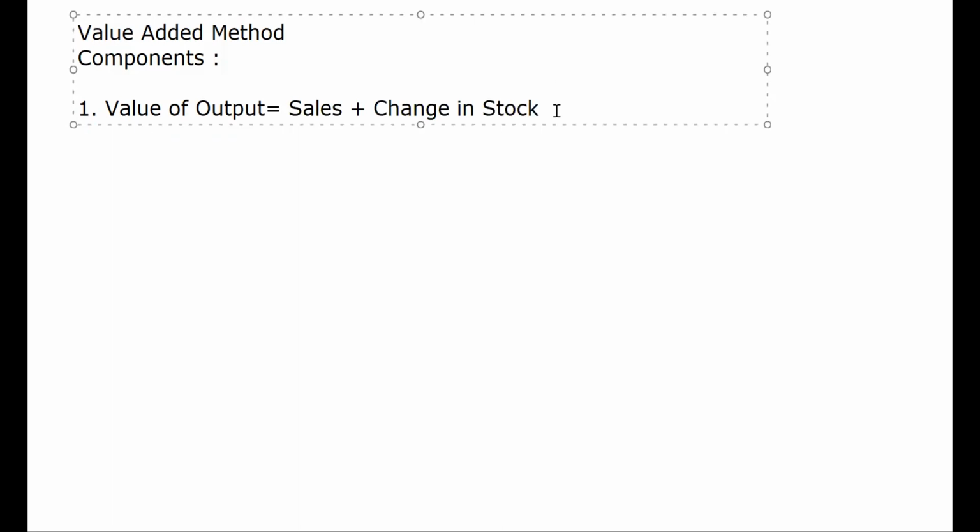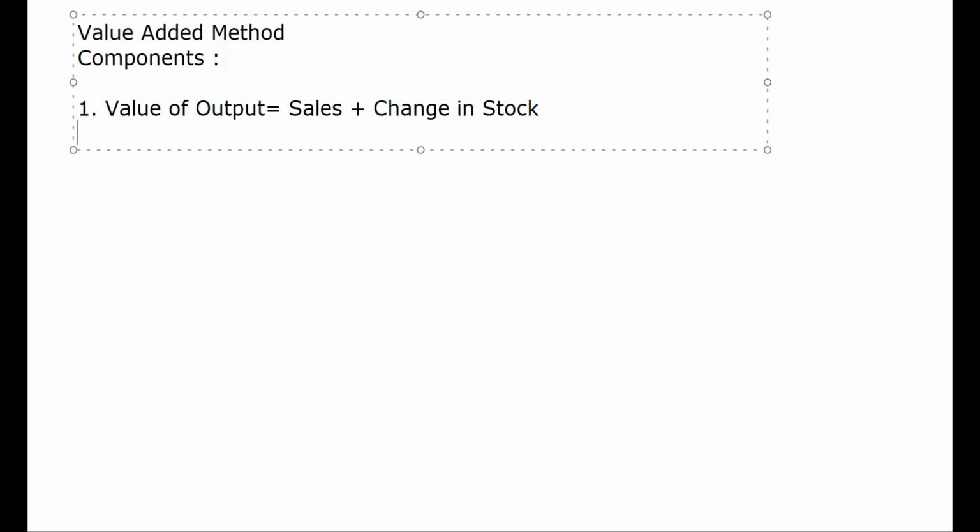Number one, first of all, we'll see sales. Value of output is sales plus change in stock. Now if the value of sales has been given directly, no issues, we'll take it straight away.